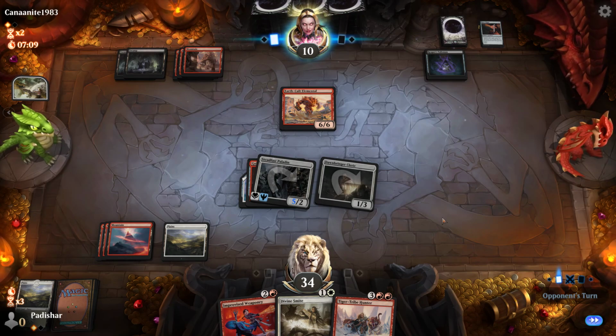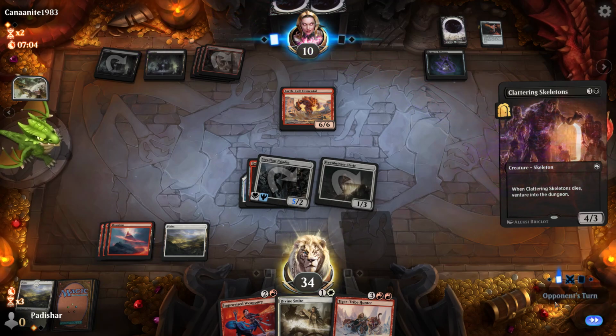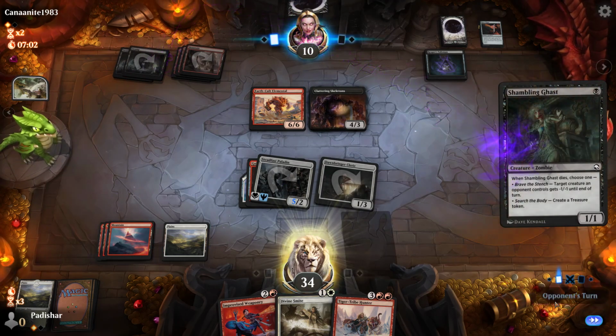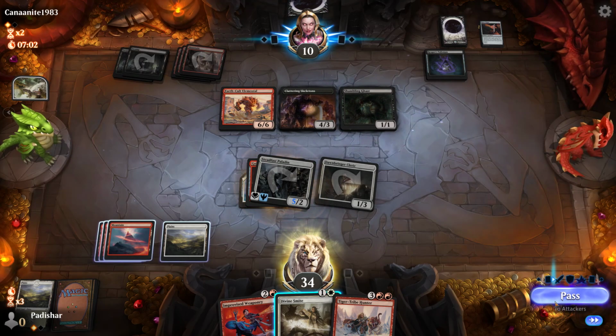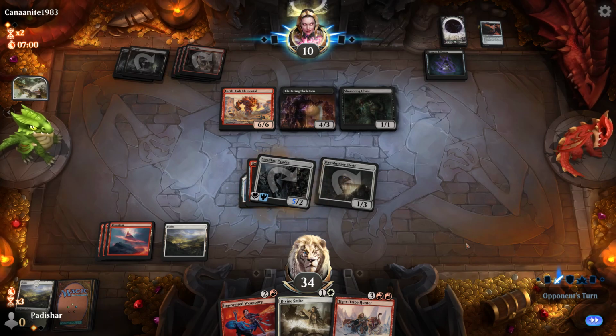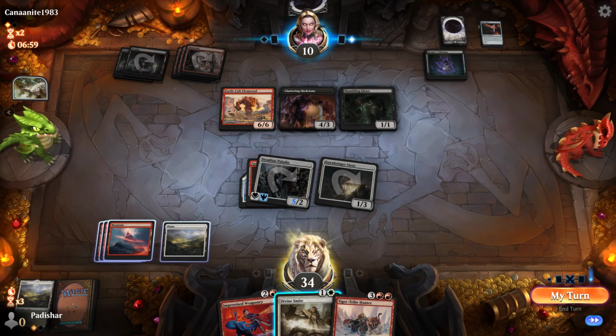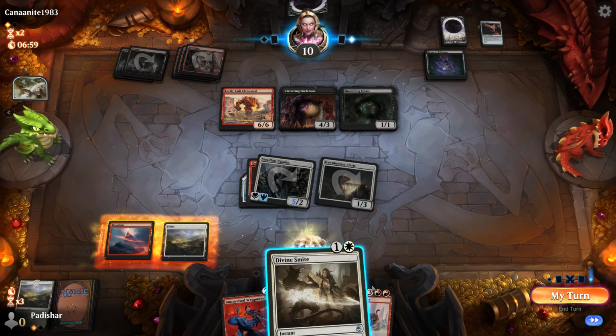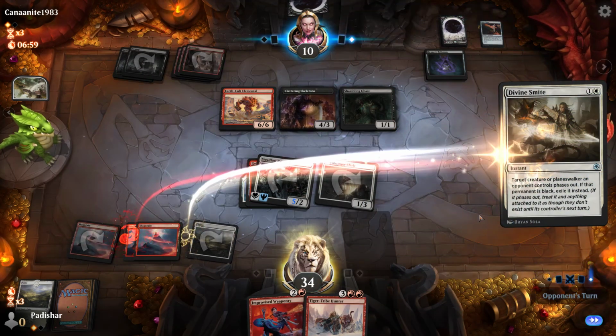Now they have... If they use 1 minute per turn cycle, that might be... Okay, I can exile that. Good. That is very good. Well, I could exile that too, but... Well, let's see if they're gonna attack here or not. Nope. So if that permanent is black, exile it instead. Well, I can do this, and then I can...